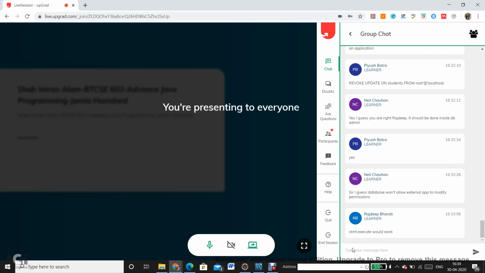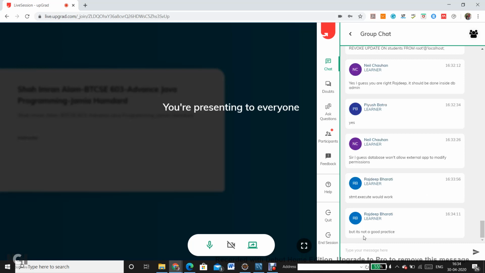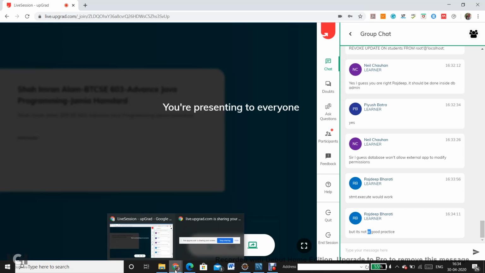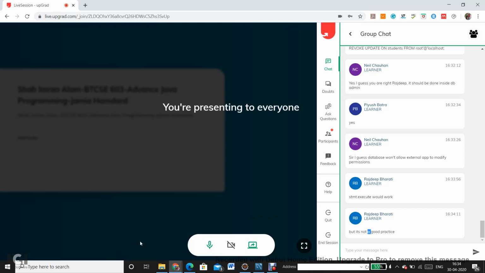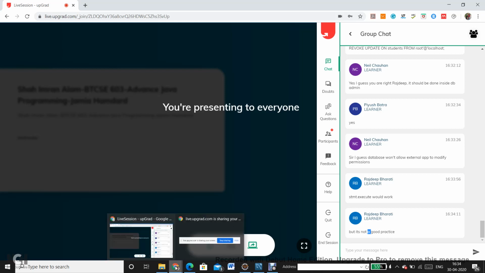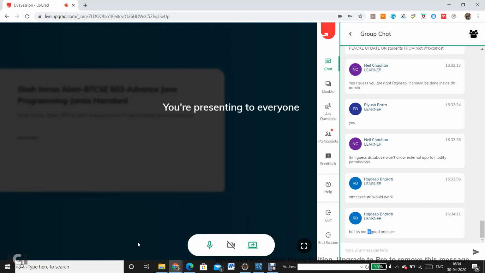SQL should work, but because the documentation, yeah, SQL is always not a good practice. We can discuss why it is not a good practice. It gives us a flexibility, but it's not a good practice. We will discuss the SQL statement as well. But because the documentation in this JDBC is silent on whether we can use the execute update method for this purpose or not, that is something which we need to try out and figure out.